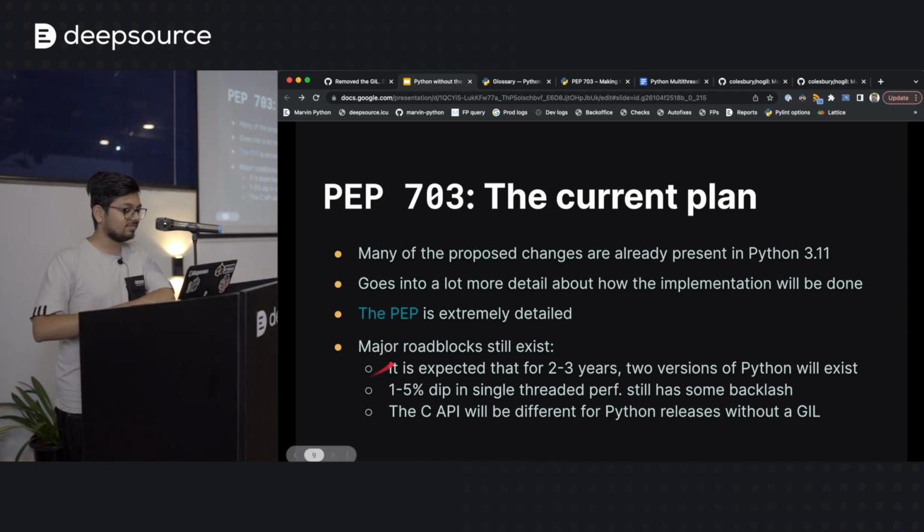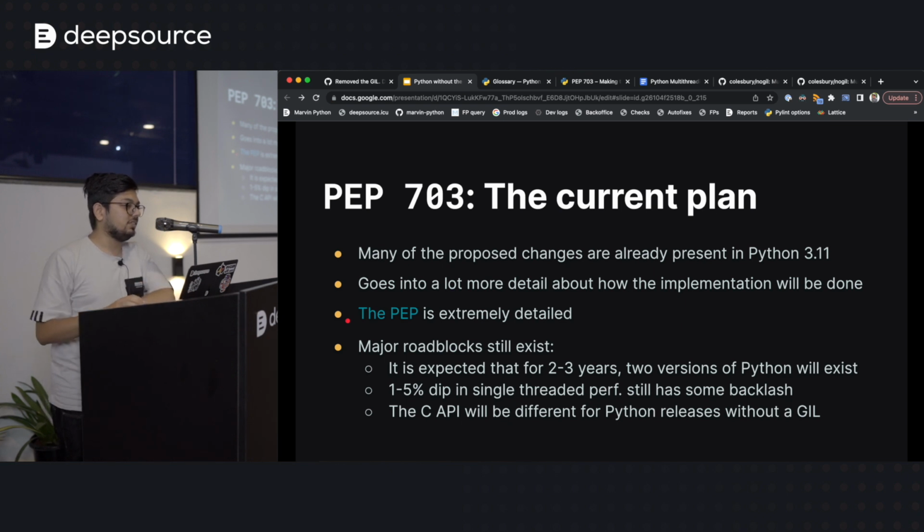Now, the PEP has been mostly accepted at this point, which means that in the next few years, these changes will be going into mainline Python, while the core maintainers have the option to try and revert this based on how the results turn out in the end.